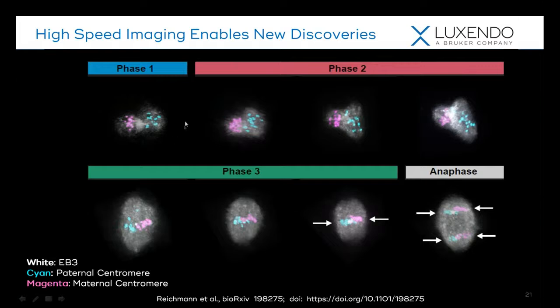In phase 1 here, we'll see that we have our haploid sperm marked in cyan, and our haploid egg as they first come together. The cyan is marking centromeres with the minor end, and the magenta, the centromeres with the major end, allowing us to differentiate between the paternal and maternal genomes. And as we see in phase 2, we get the nuclear envelope breakdown, we get mixing of these genomes, and as the cell starts to undergo